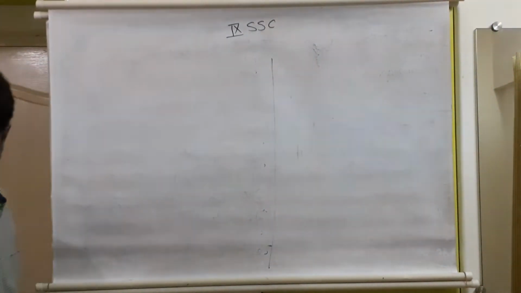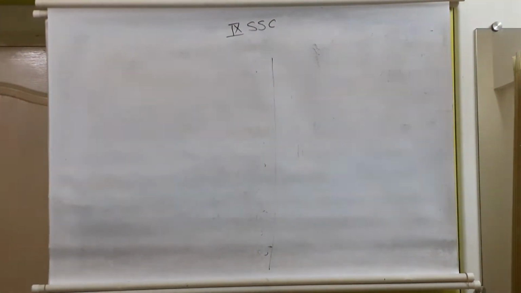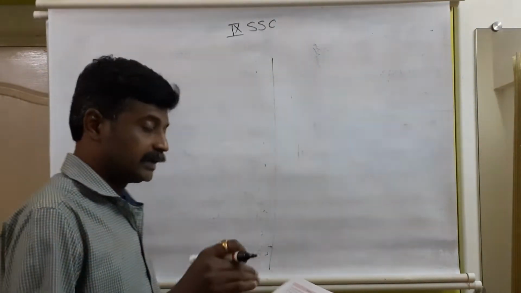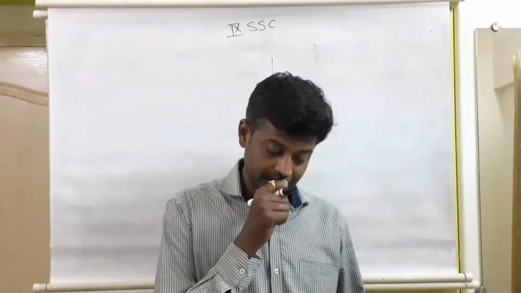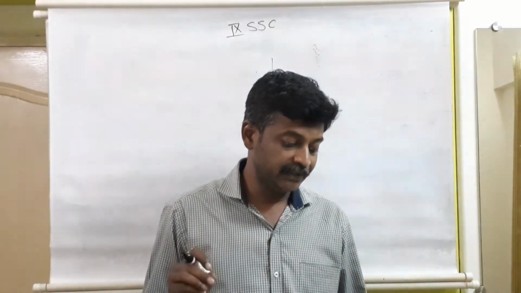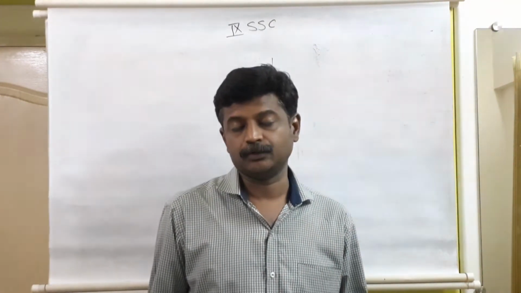The fourth sum was about mean. Let us see what the fifth one is. Question number 5. In a basket there are 10 tomatoes. The weight of each of these tomatoes in grams is as follows. Weights in grams are given, 60 grams, 70 grams, etc. All 10 tomatoes are there. Find the median of the weights of tomatoes.